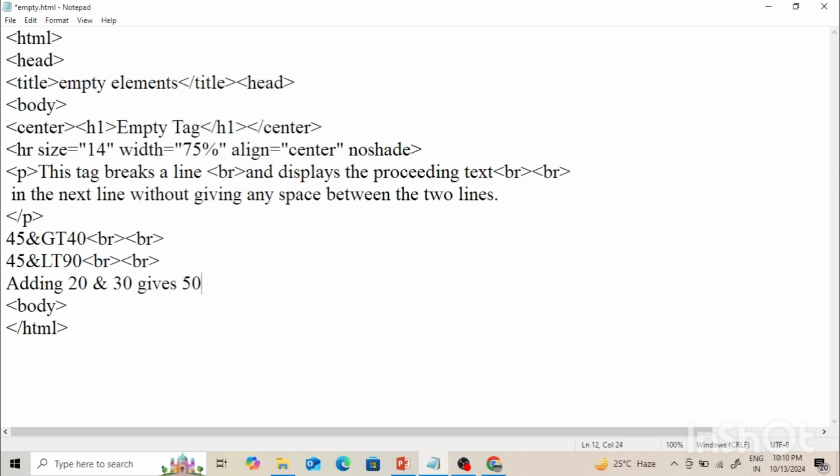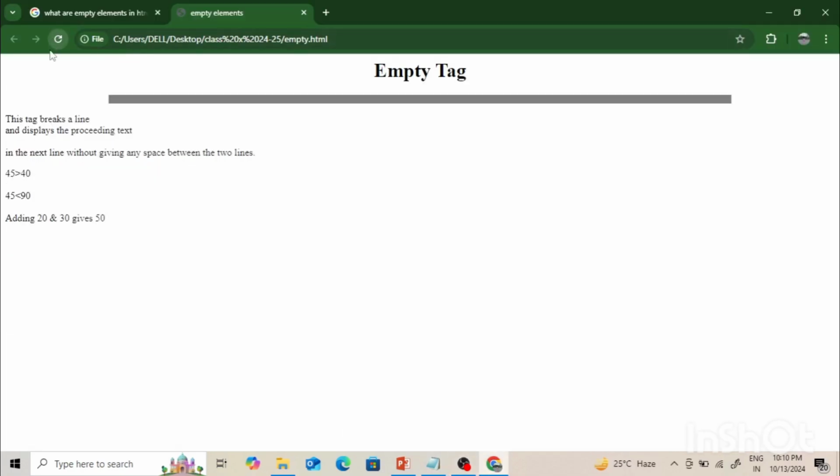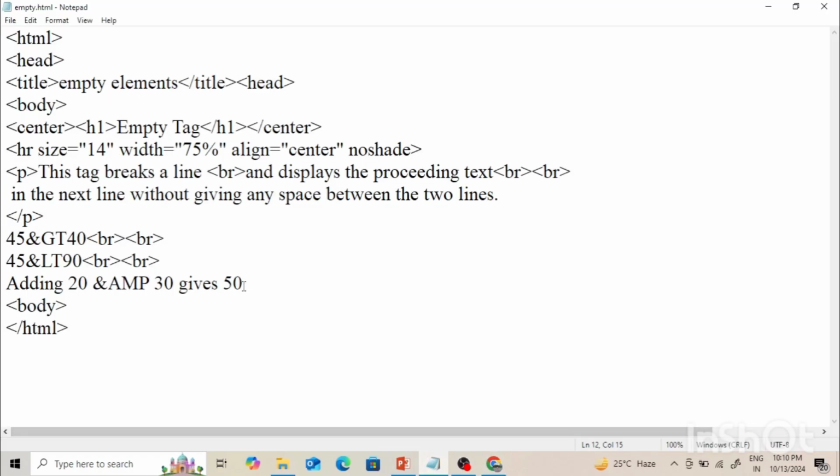Okay, so for this ampersand we will be using ampersand AMP. Here, and the last one is ampersand NBSP. Okay? So this ampersand NBSP